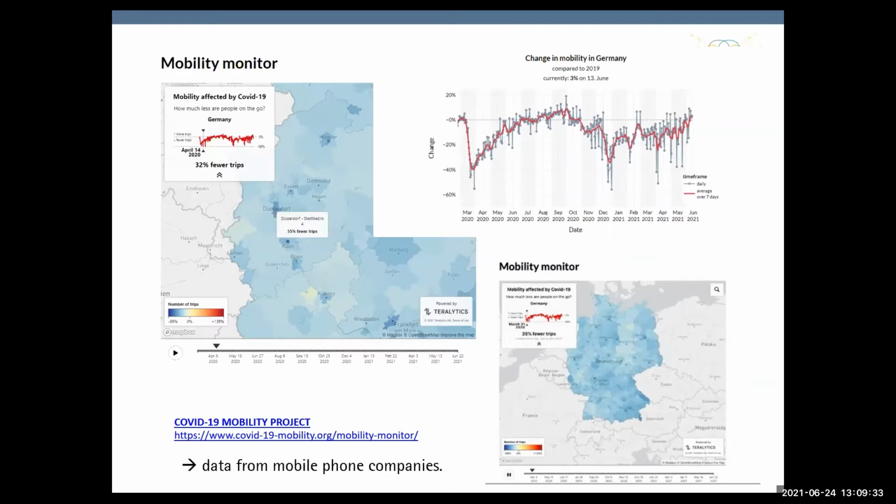And this data can be used to see in which German regions, so you have this map perspective, mobility was lower or higher during certain periods of time. And if you relate that to the pandemic and the upper right graph, you will see that mobility has dropped significantly in March 2020 due to the lockdown measures in place. So in that case, the sensor is the mobile phone that the people have anyway, and the data is being collected by the phone companies.